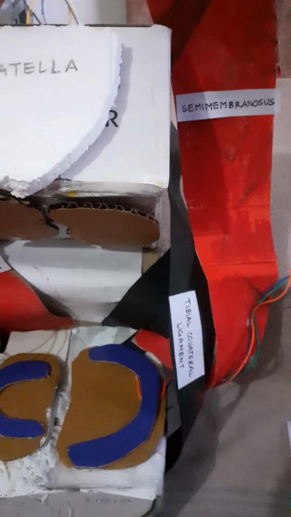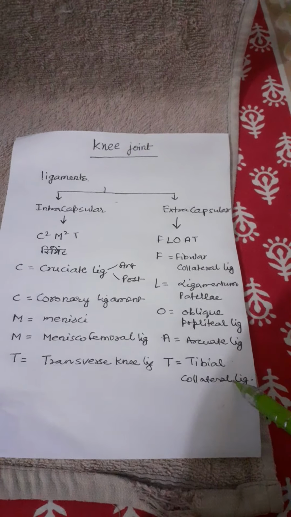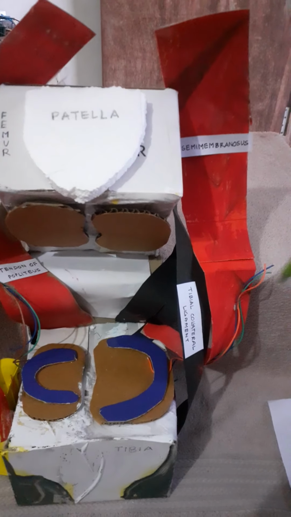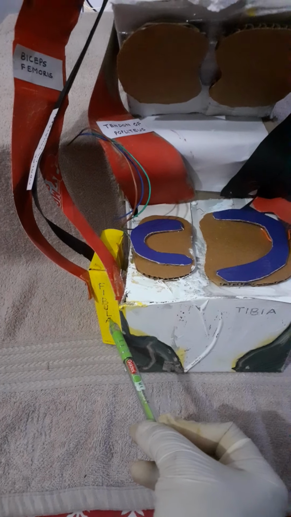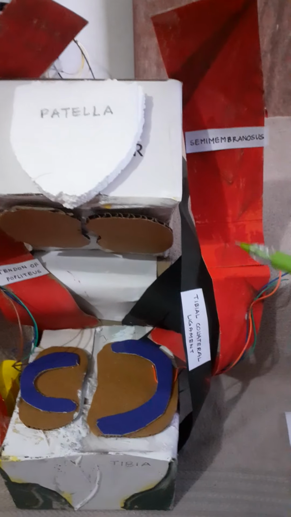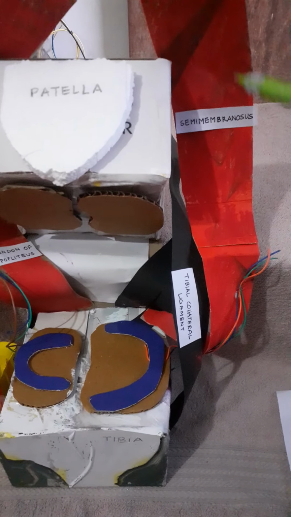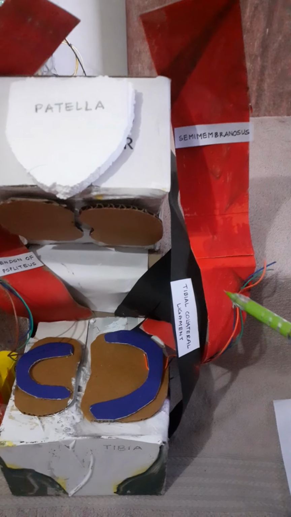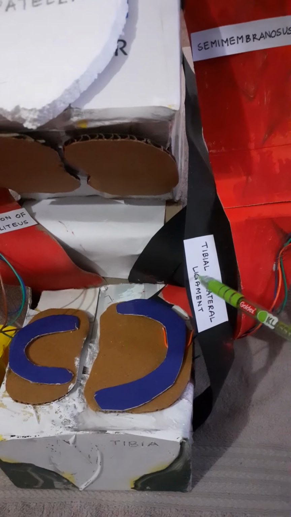Now first coming to the extracapsular type, the tibial collateral ligament, or it can be said as medial collateral ligament, as this is the right knee joint, and this is the medial side and this is the lateral side. This is femur, patella, this is tibia, and this is fibula in the yellow color. Okay. Now tibial collateral ligament or medial collateral ligament, here it is in black color, this one,